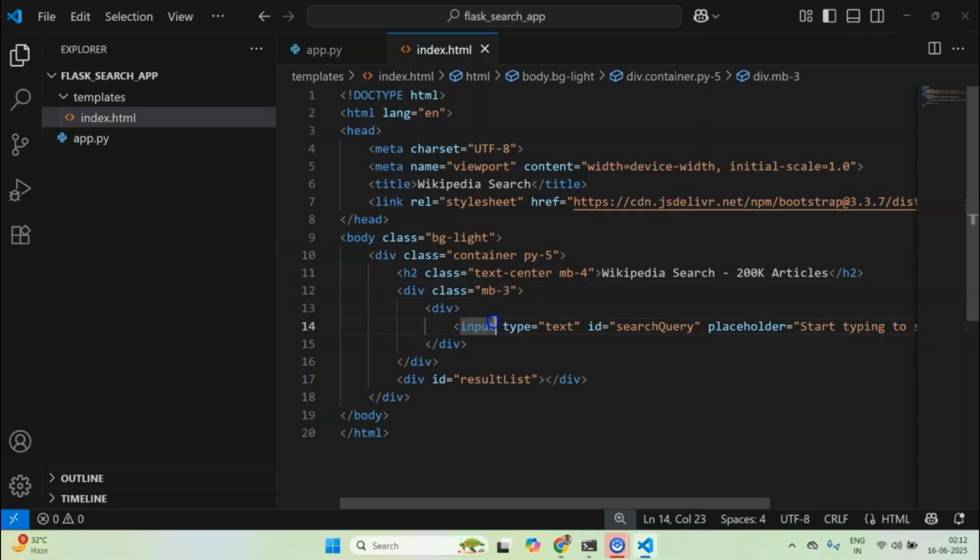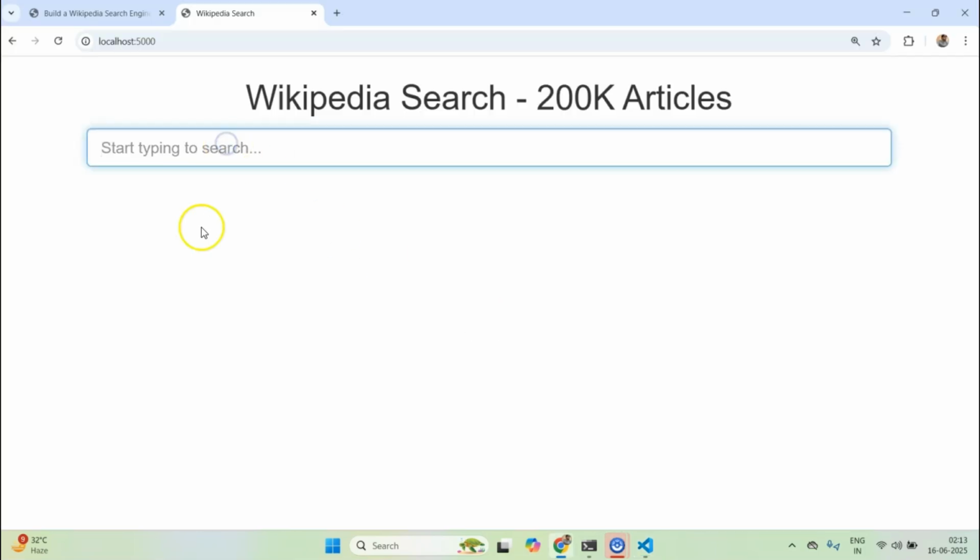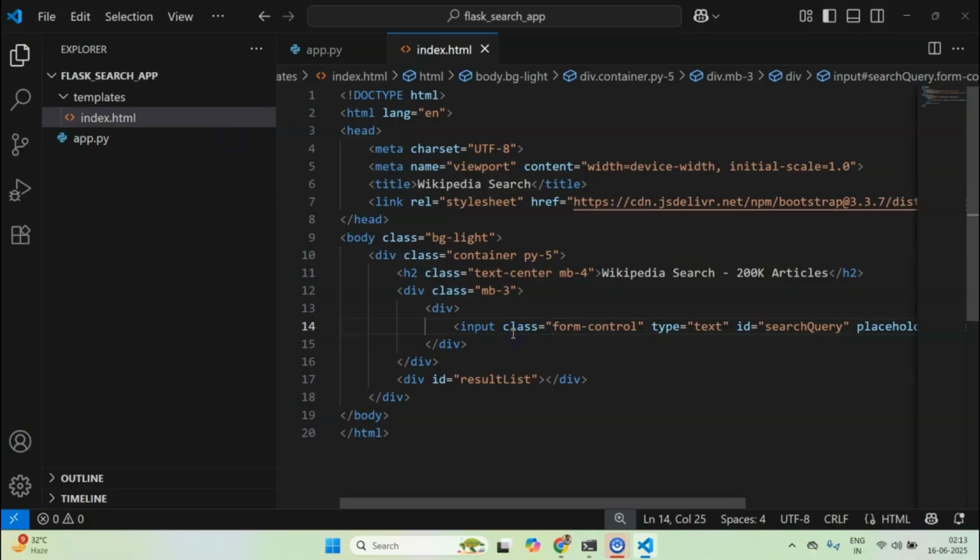Okay, finally let's give the input of type text a class of form-control, and if I reload it, you can clearly see immediately it is starting to look professional, right? Okay, so finally for the result list, I will give it a class of row and gy-3.